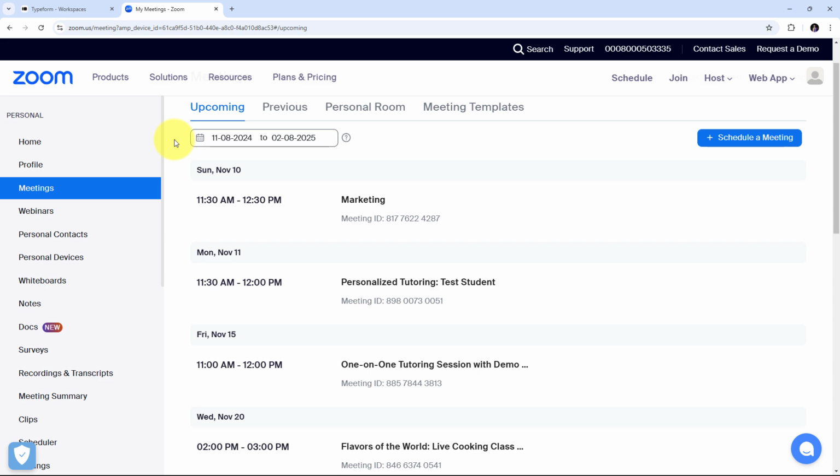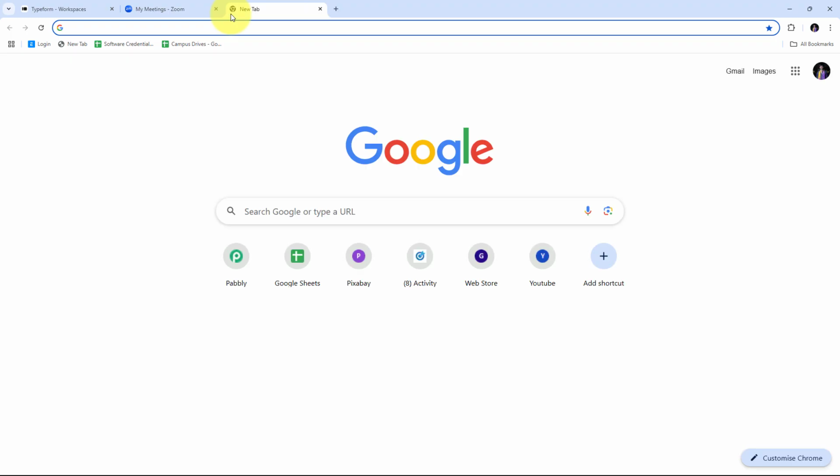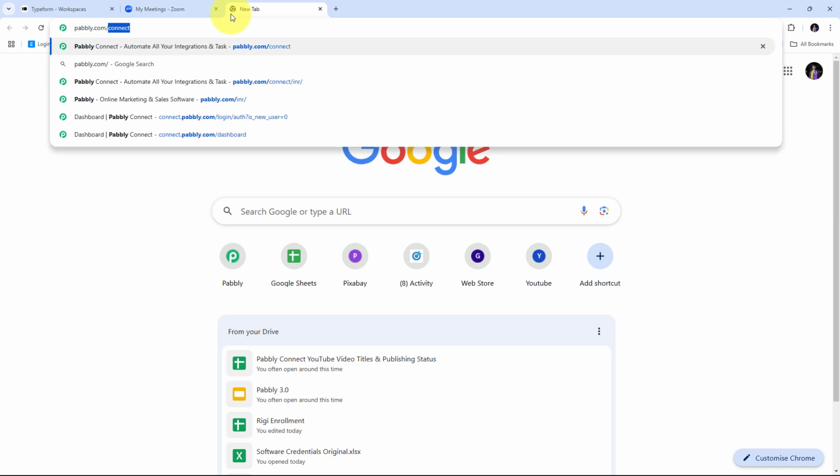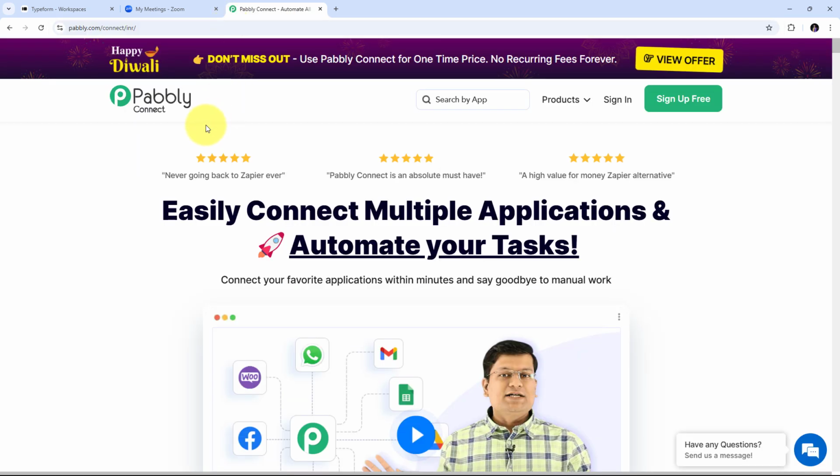For setting up this automation, I first need to open a new tab and search for pabbly.com/connect in my browser. This will take us to the landing page of Pabbly Connect. Here on the landing page, I have the two options of sign in and sign up for free. If you don't have an account with Pabbly Connect, you can just click on the sign up for free button, which takes only 2 minutes of your time, and you will get 100 free tasks every month. Or if you already have an account or are an existing user, you can just click on sign in,